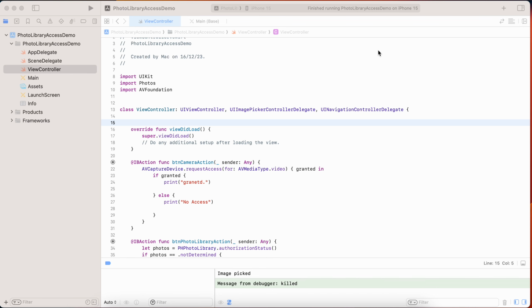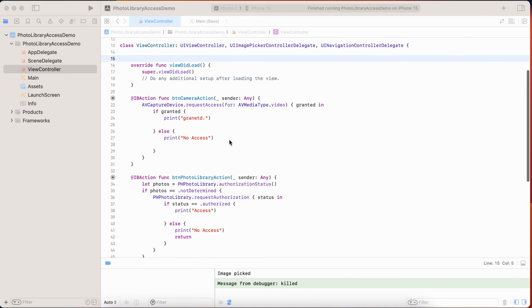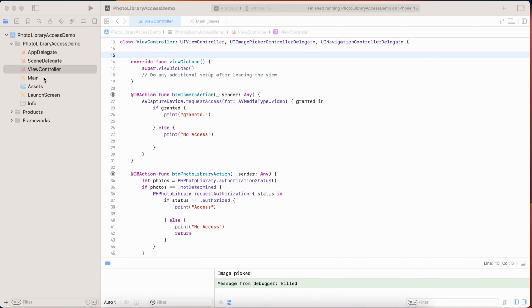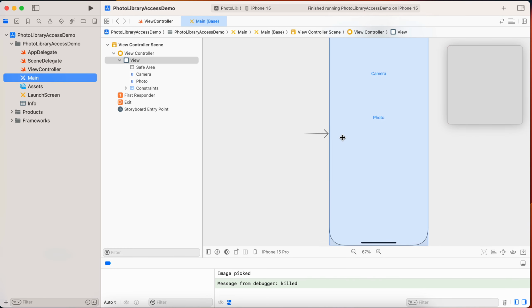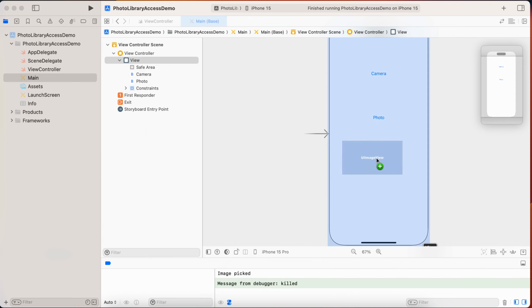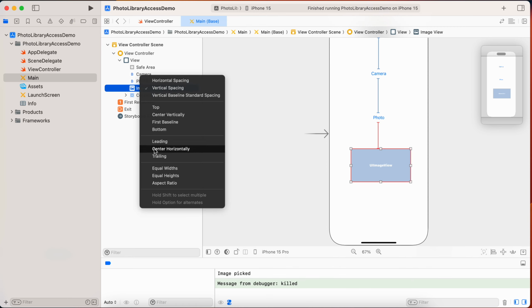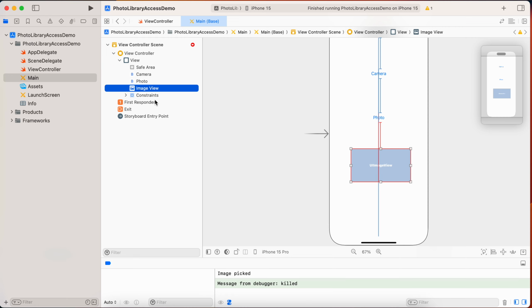Hi all, as in our last tutorial, we discussed photo library and camera access. Now let's pick an image from the photo library and apply it on an image view. So take an image view, drag it over the view, add constraints vertical and center horizontally, and give height and width